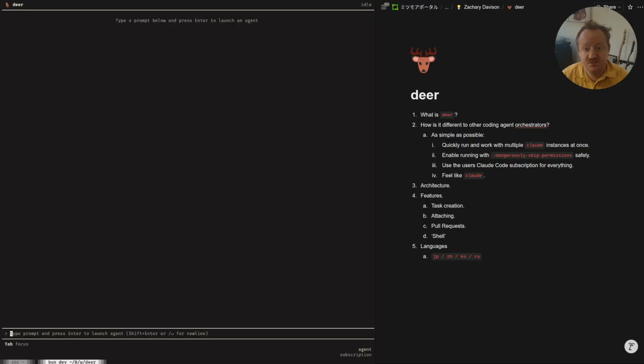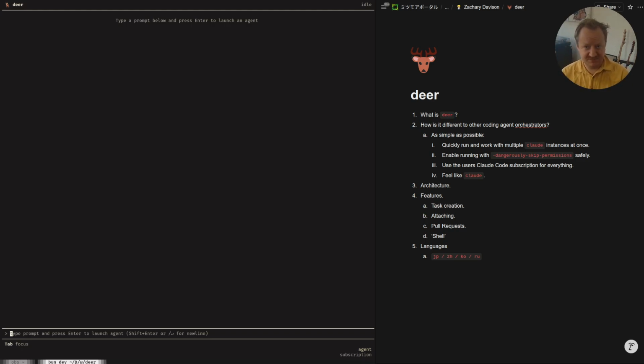Now, there's a lot of tools out there like this. Let's call them coding agent orchestrators. Things like Claude Squad, Claude Swarm, Multi-Claude are ones that come to mind that are kind of similar. But I built Deer because I wanted something that's a softer touch, because a lot of those tools are quite heavy in the sense of they're quite opinionated.